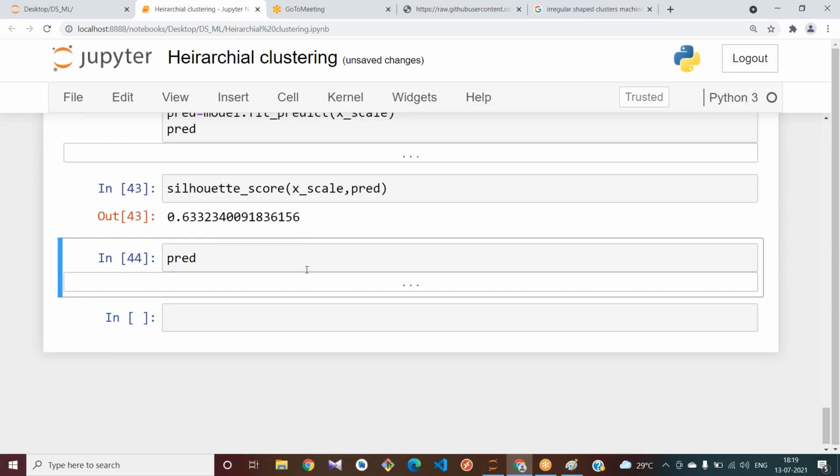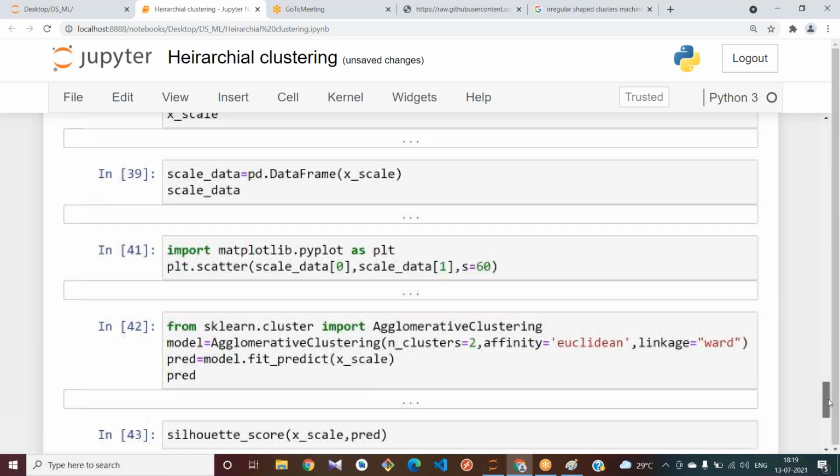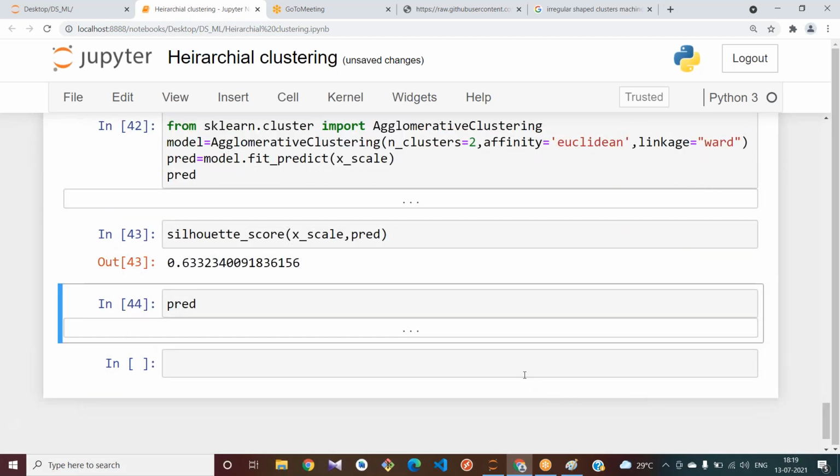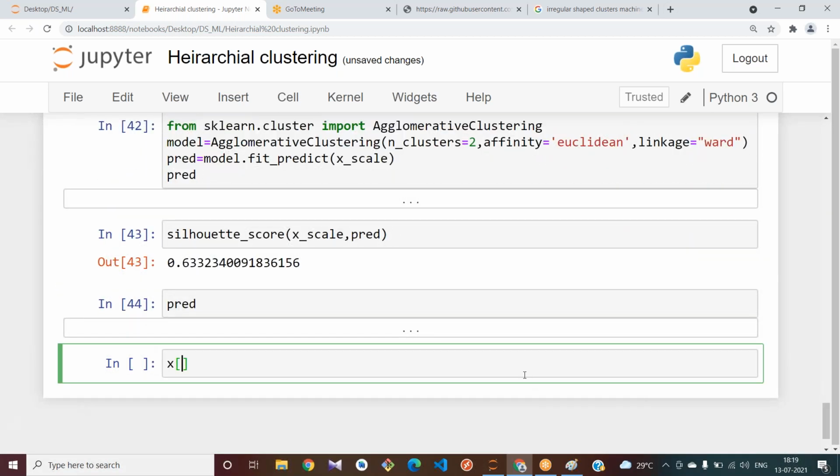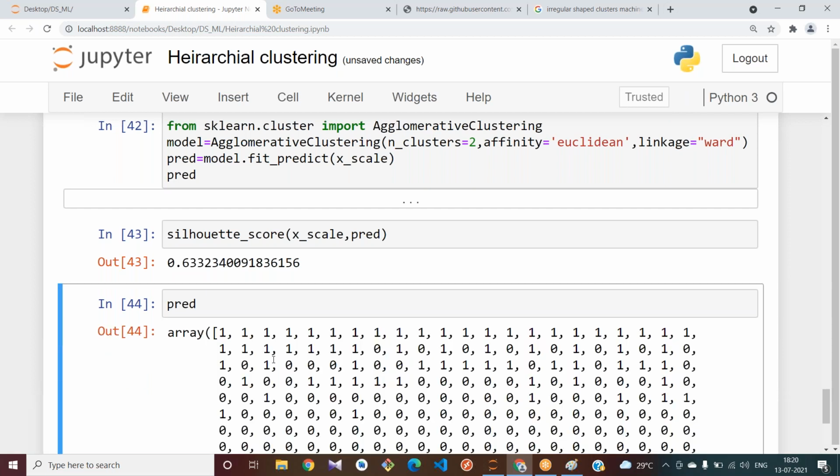How many columns do I have in X? Please tell me. 2 columns we have. From that, I have 2 outputs, nothing but 2 labels, 2 clusters, 0 and 1.